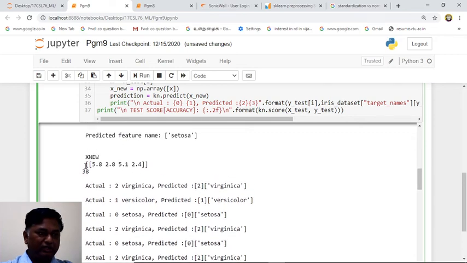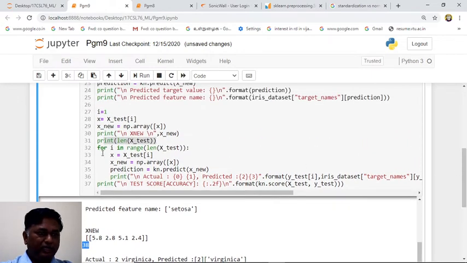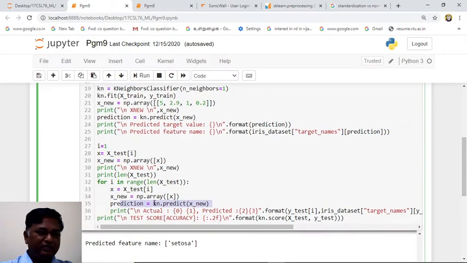So here, this is the new data which we are going to predict. This is the total number of test data. Now we will see. So this for loop will run for 38 times. The first data you are taking, for the 38 data one by one you are taking, and each data is randomly chosen. So every time it will calculate a different flower and predict different flowers. So we are converting to array format, we are applying the entire data set to the KNN algorithm. Same thing what we have done here, same thing is repeated inside the for loop.